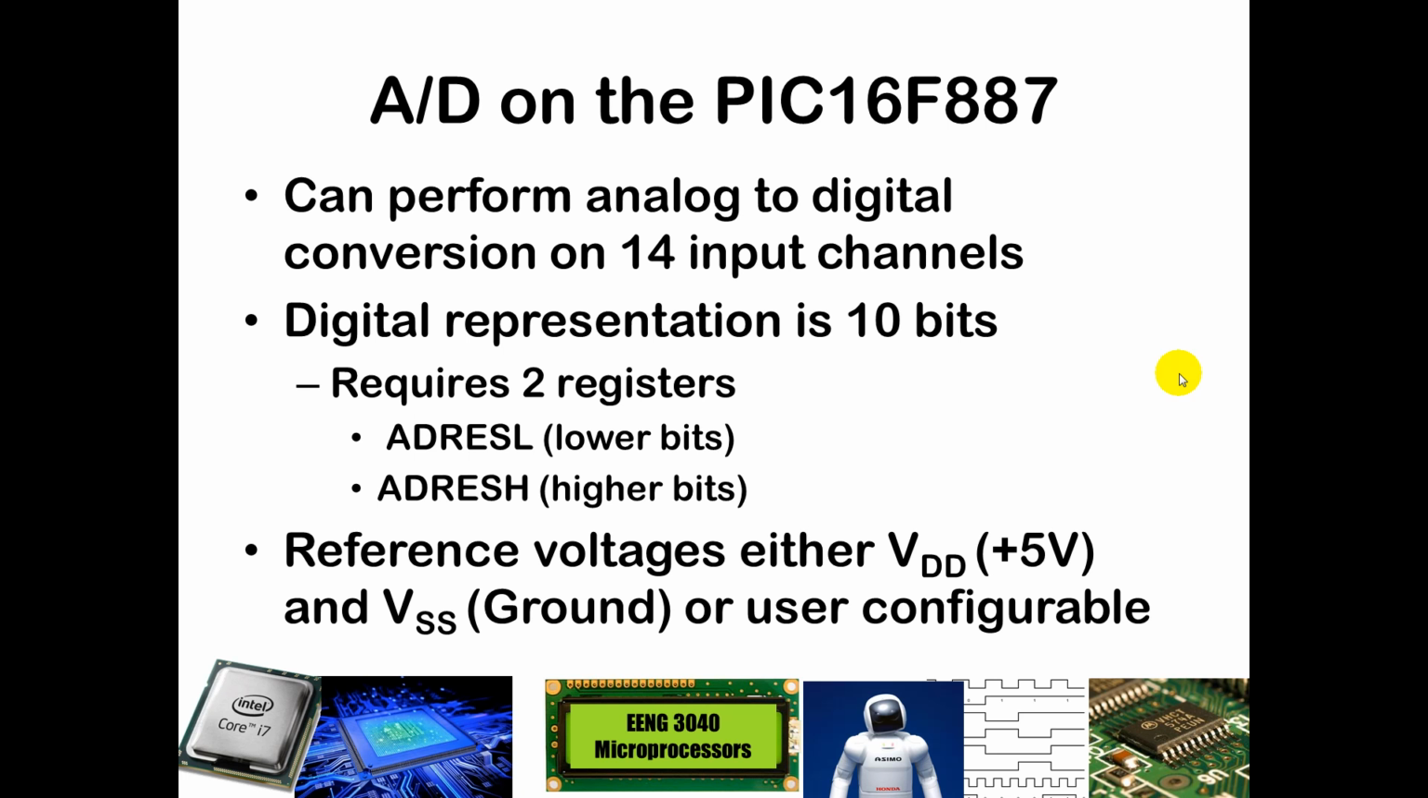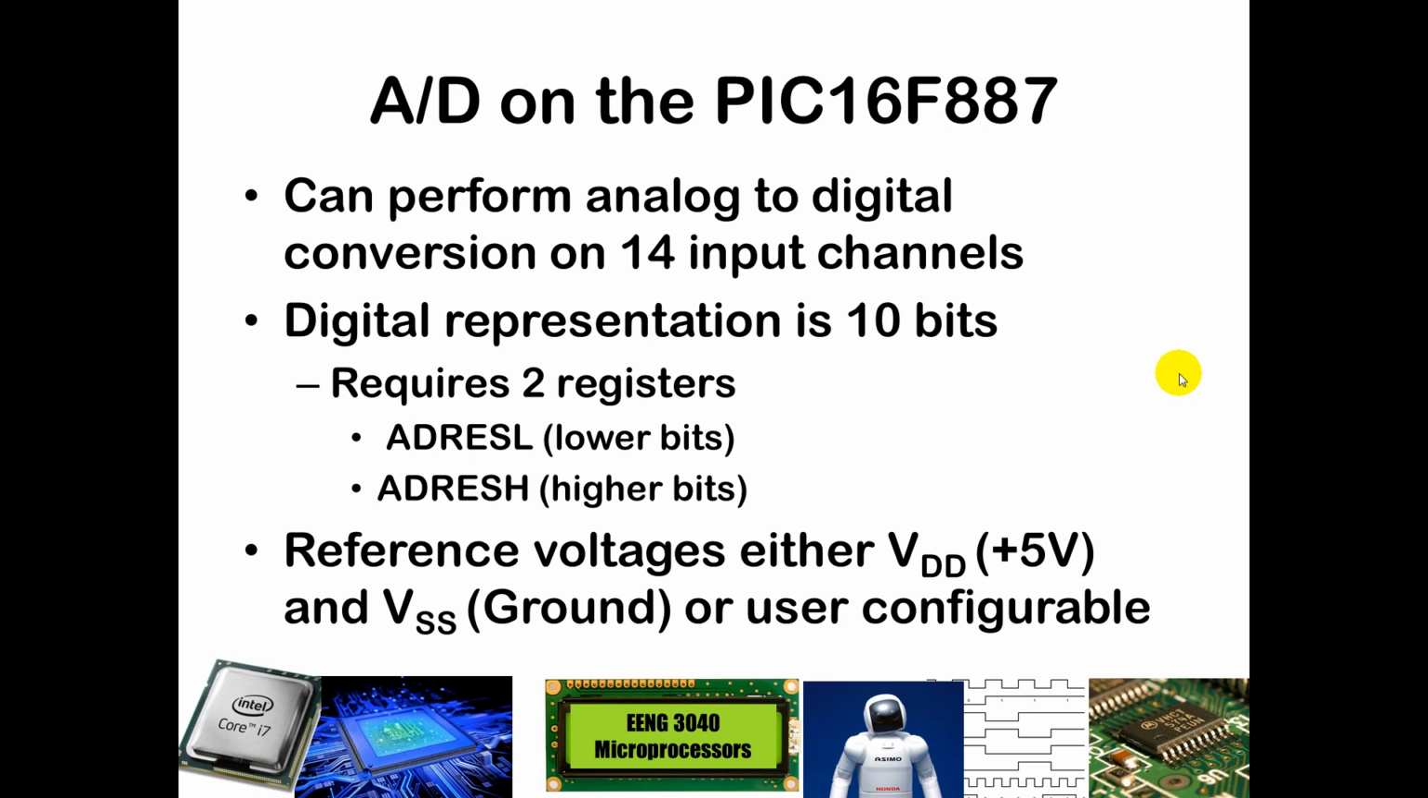We're going to use other channels to store our representation, or to perform analog to digital conversion on multiple inputs. And so here we have a digital representation. The 16F887 has a 10-bit analog to digital conversion module on it. And because it's 10 bits, and we are in an 8-bit microcontroller, that's going to require more than one register